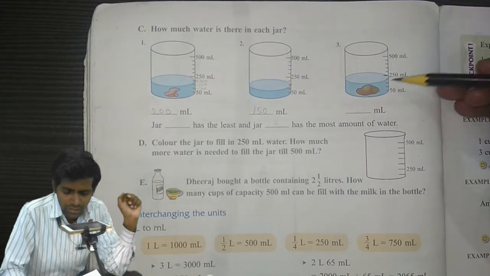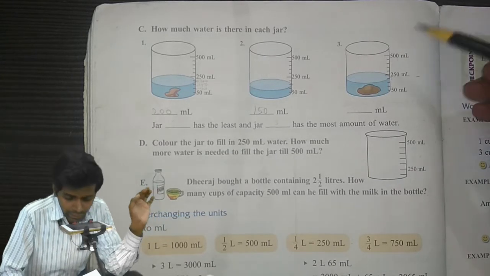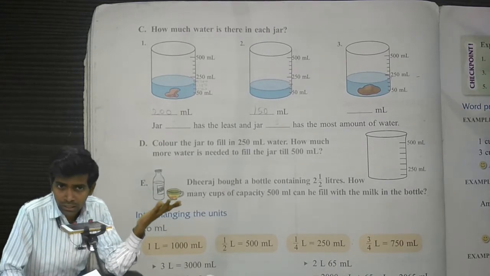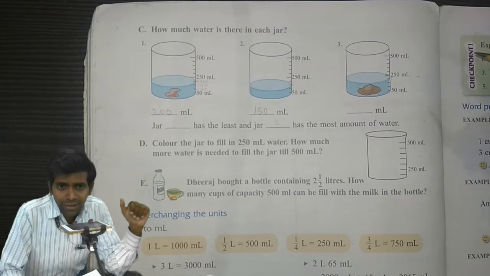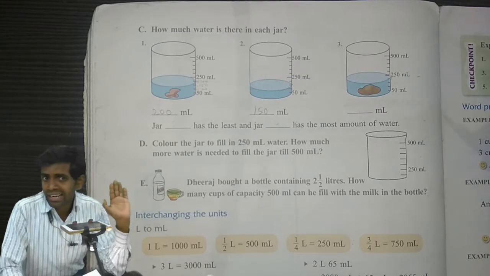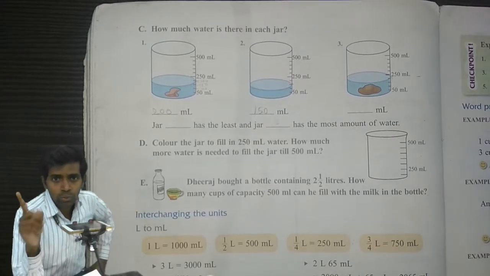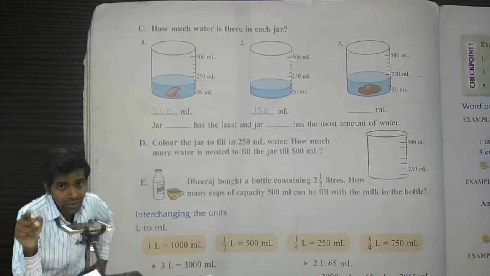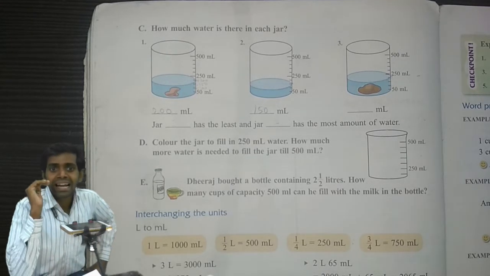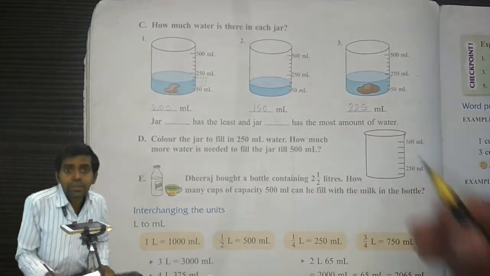Okay, so as you can see, this is a mark which is 250 milliliters, and the mark just below the 250 is 200 milliliters. And जो हमारा water level है, it is not equal to 250. वो 250 तक नहीं है, and it is not at the 200. It lies in between the 200 and 250. Okay, that means the number which is exactly in between the 200 and 250 is 225. So we will write here 225 milliliters.